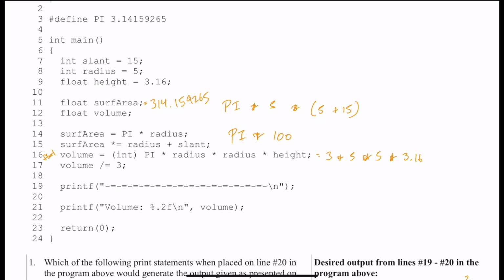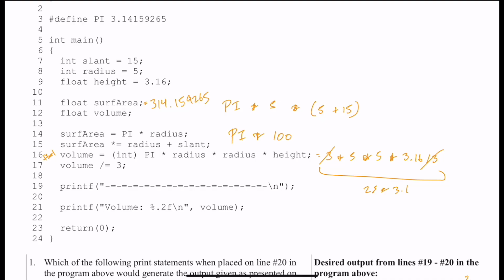As a result, I can also include line 17 in this one line instead of doing the calculation step by step. But keep in mind, you can't always use a shortcut if volume were to be an int, because of the conversion by assignment that would take place before evaluating line 17. But if you know these tricks, it can help you move along through the exam more quickly. So this right here is lines 16 and 17 combined. Quick math, I'm going to cancel out the 3's. That's going to be 25